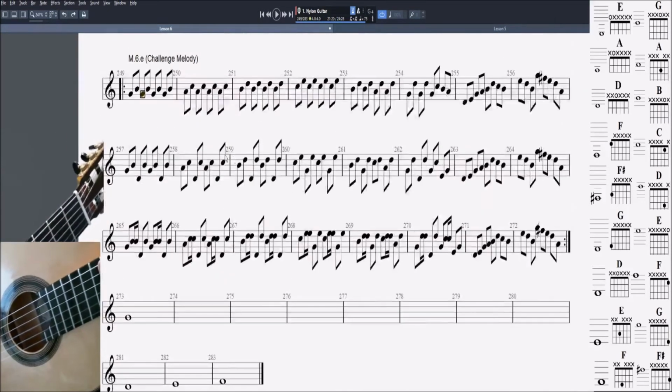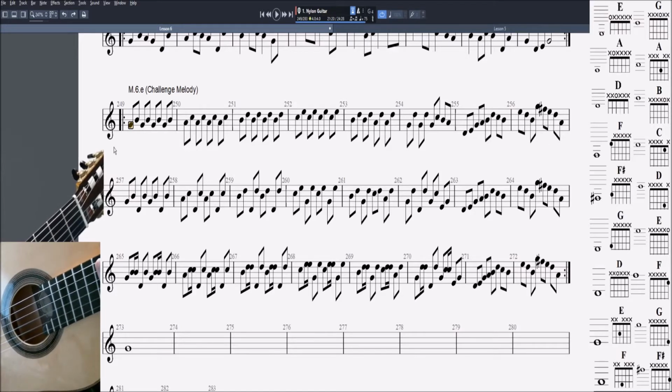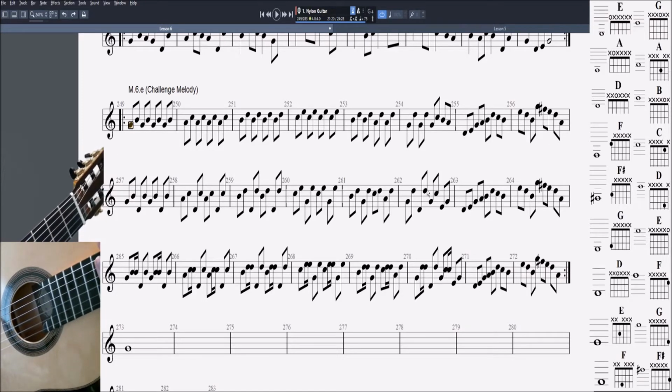Okay, next one is just a final challenge melody, not really based on any of these other ones. Just for some extra fun. This one actually progresses in a way that makes sense here. Each line gets just a little bit more difficult. We start with